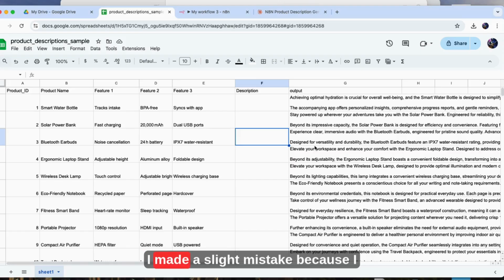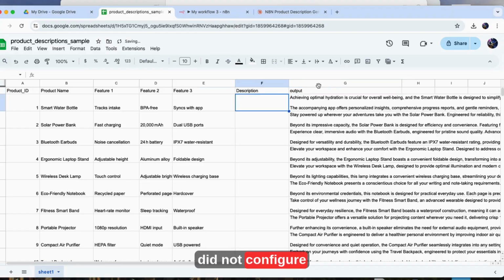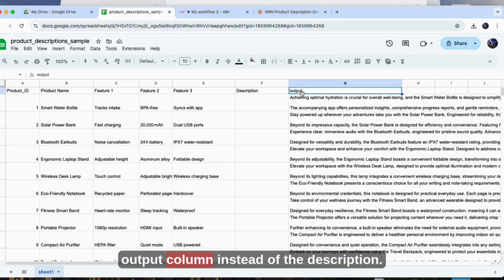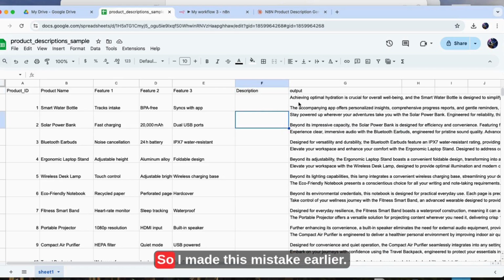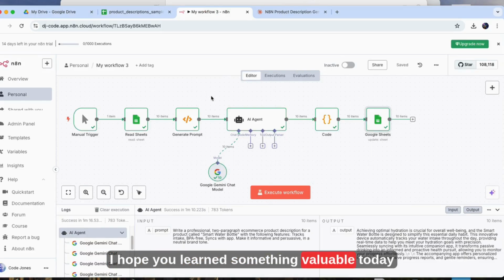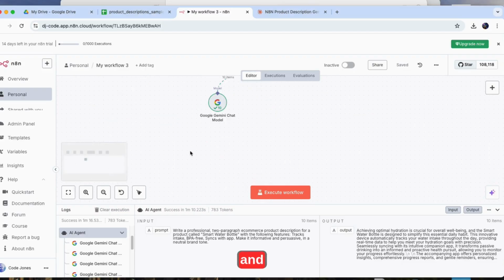Oh, I made a slight mistake because I did not configure it properly, so it created the output under the output column instead of the description, because I made this mistake earlier. All right, so that's it for our tutorial, and hope you learned something valuable today and